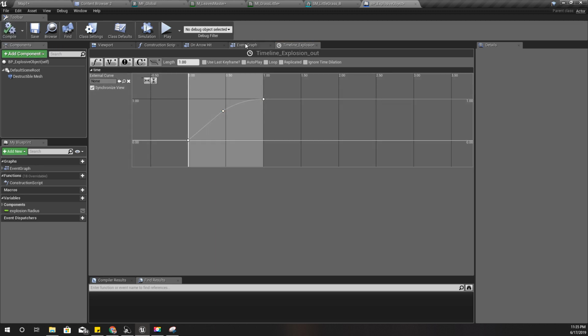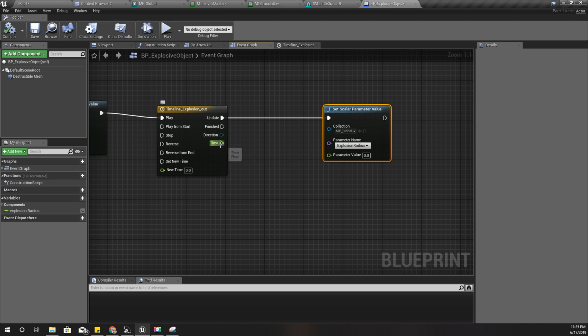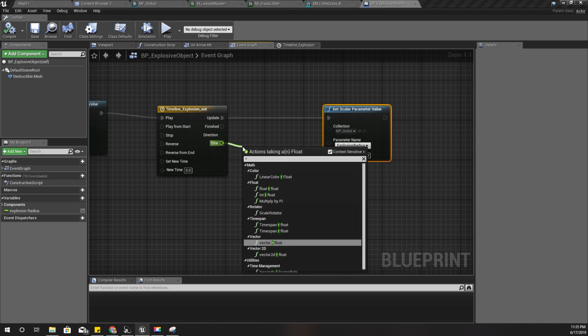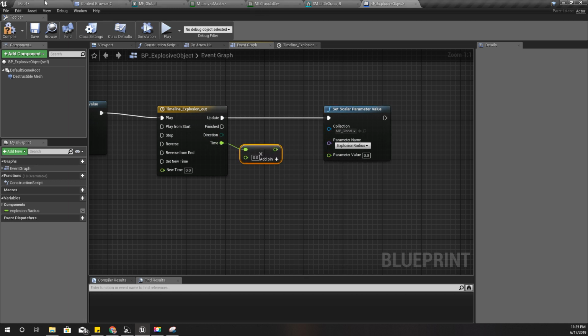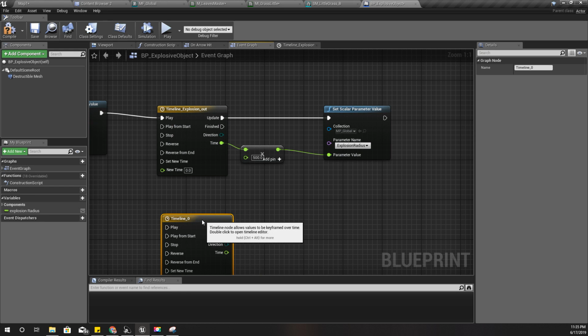And here I'm gonna multiply this time value with what is the maximum radius I need to have. Let's say to show the explosion range, 500 units, like this. And after this is finished, I'm gonna reverse this one,